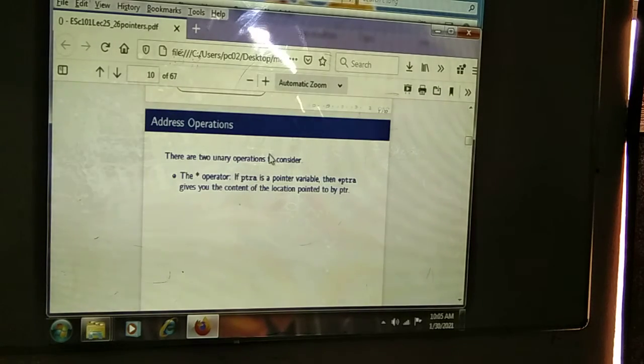Next, the address operator. There are two unary operations considered.